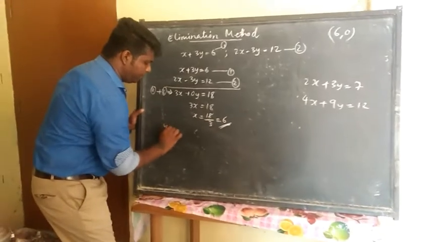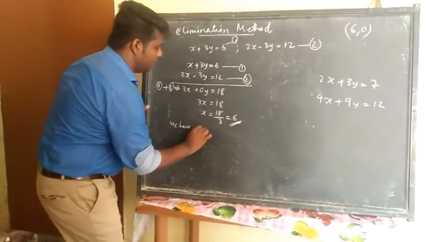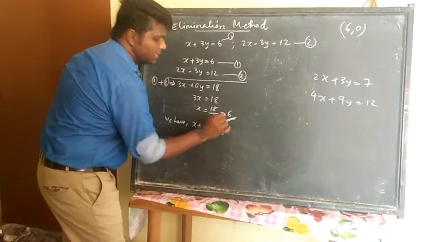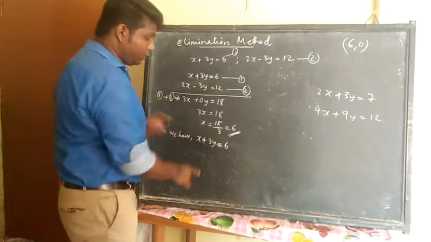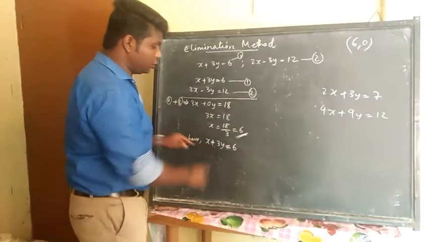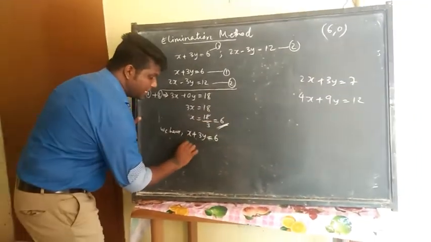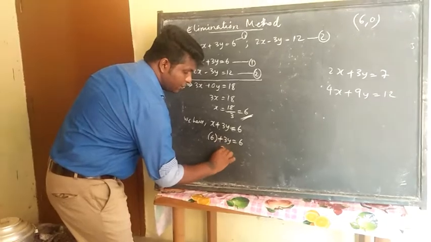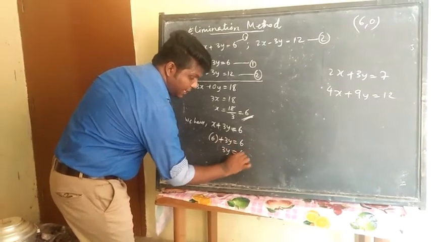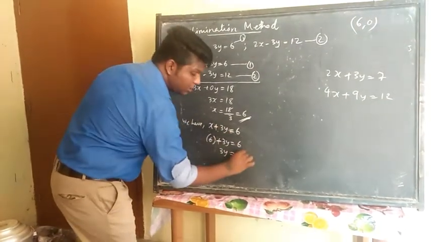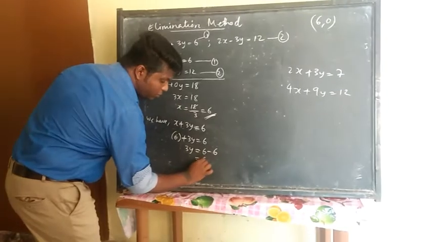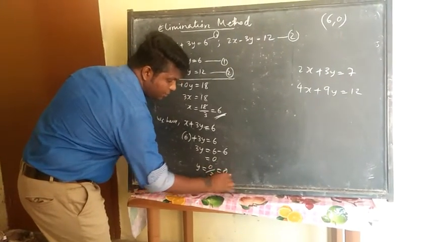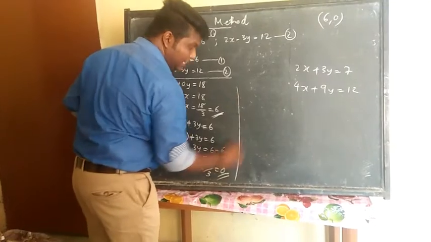Let's take the first equation. We have x plus 3y is equal to 6. We have this equation, and in this equation instead of x I am going to substitute the value. x के जगह 6 है तो x के जगह 6 दिया है तो 6 plus 3y is equal to 6. So 3y is equal to इधर का 6 पहले लिखे, फिर बाद में इधर का नाम उस तरह ले जाते हुए -6 हो जाएगा, वो तो 0 हो जाएगा. Therefore y is equal to 0 by 3 and that is equal to 0.